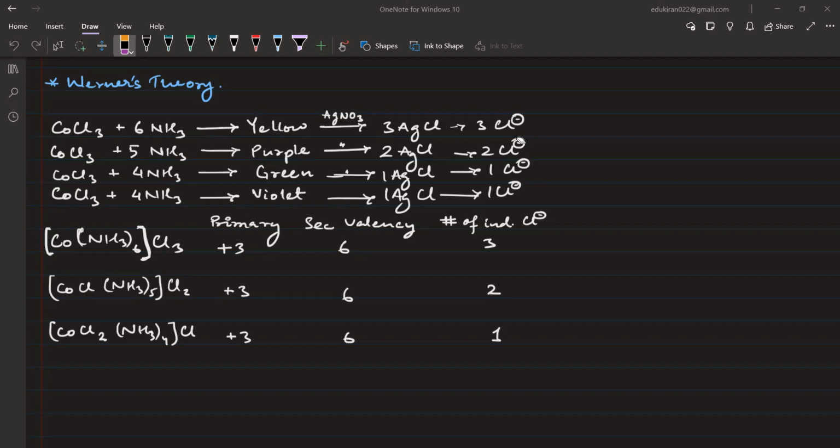Sir, the primary valency is the charge of cobalt. Charge on cobalt. So here in the first case it is +3. In the second case also, see, chlorine will be -1 and NH3 will be 0 because it is a compound which is neutral. And then from here it will get -2, -1 and -1 from 2 chlorine atoms. So it will be +3 only in all of these cases. Okay, sir, and for secondary, see the number of ligands. Number of ligands, yeah, correct.